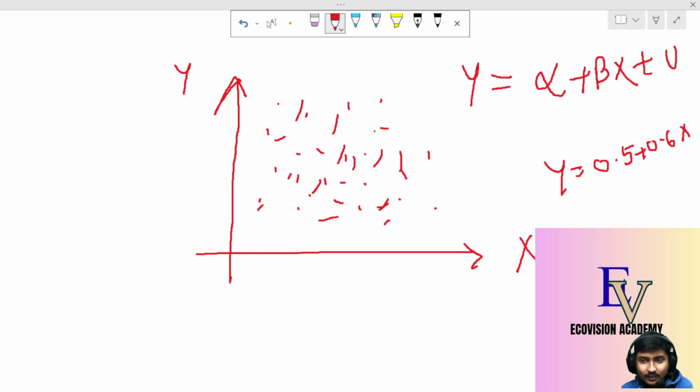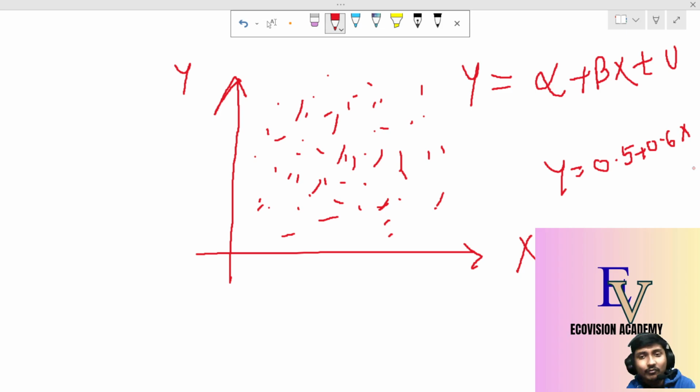But does it hold true all the time? No. When you have gone for a scatter plot and your scatter is looking like that, does it hold all the time? No. Because if your coefficient is coming like 0.6, and you are interpreting that if x increases by 1 unit, y increases by 0.6 unit,